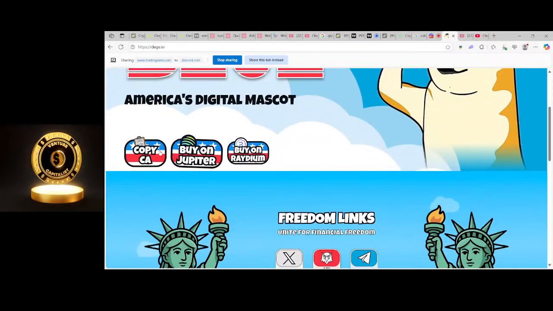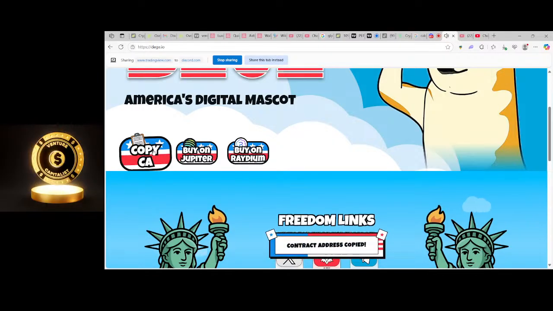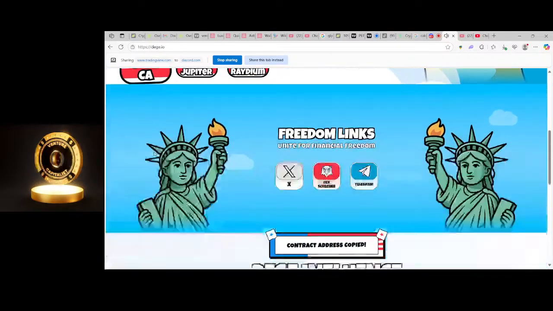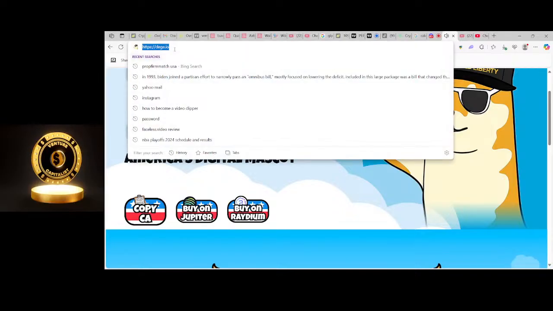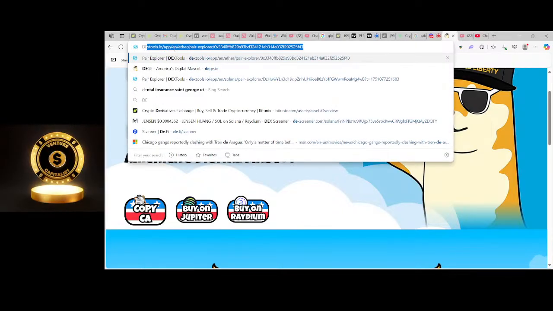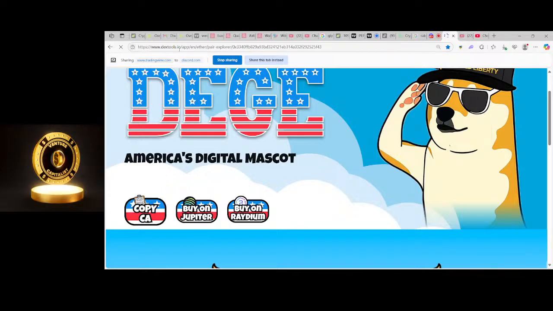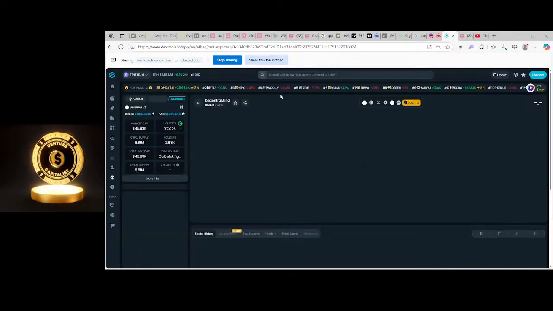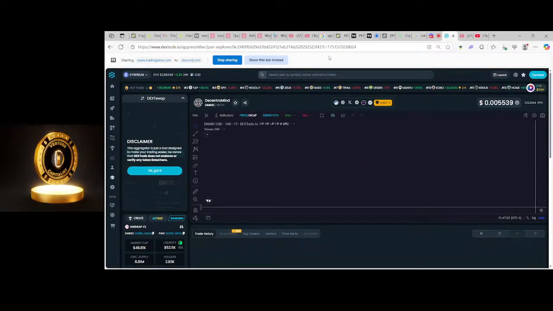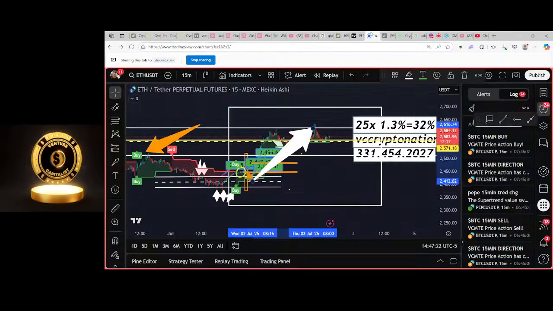So here's where you see how it says copy. We're going to copy the address, and then we're going to head over to Dex Tools, right? When you have your Dex Tools set up, they're going to ask you a very simple question. They're going to ask you for the address of the coin. I'll do it here. Actually, let me